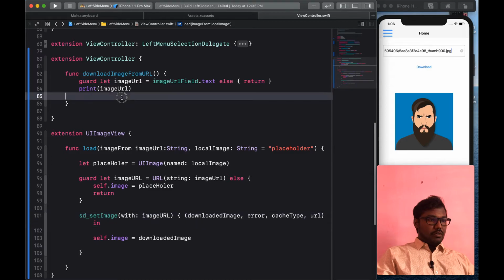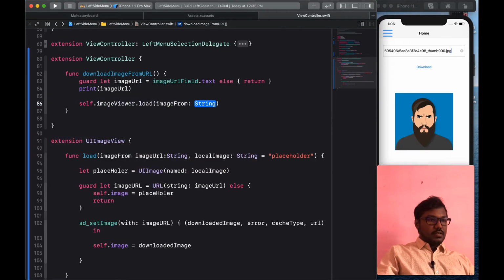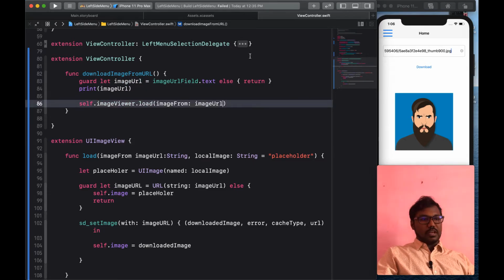Now I am going to call the function like self.imageView.load, and I am getting the image URL from the text field.